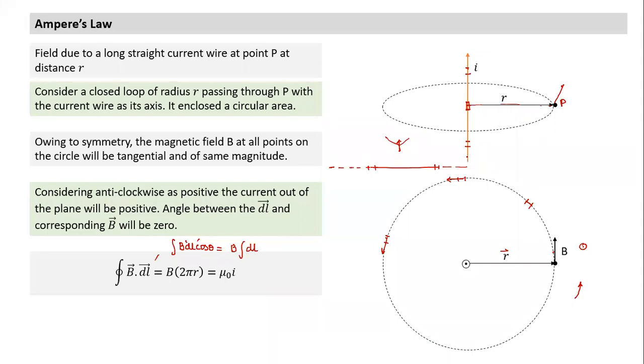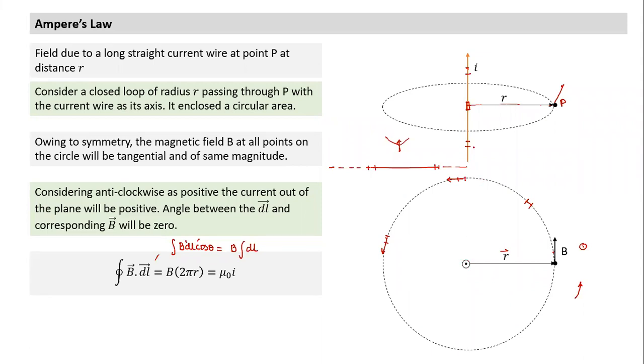So if you take a small element, you can prove that point. But if you start proving it, the benefit of Ampere's law is lost. Yes, sir, I understand. We can check what kind of symmetry it is. This is like a cylindrical symmetry. If it is cylindrical symmetry, any point lying on the cylinder will have almost the same property. Is the line charge a cylindrical symmetry or not?